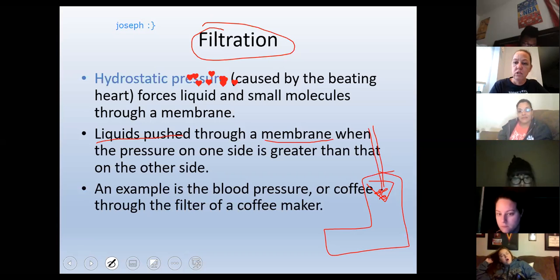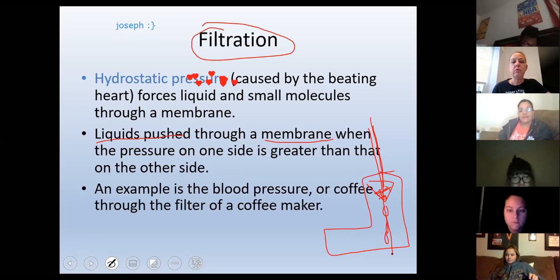So my concentration is higher here. I am drip, drip, drip, moving the fluid through the filter to the other side. That's filtration. That is the best example. If you don't get it, I don't know who will. Is everybody okay with that